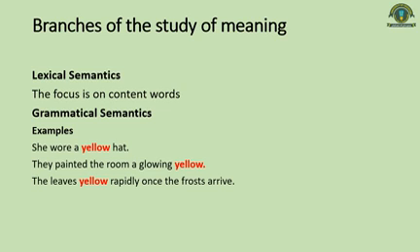Lexical semantics studies the meaning of words. Now, which type of words? The focus here is on content words, like tiger or daffodils or inconsiderate, rather than form or grammatical words. There are so many other grammatical words like the, of, then, and so on. But what is the focus of lexical semantics? The focus of lexical semantics is content words.